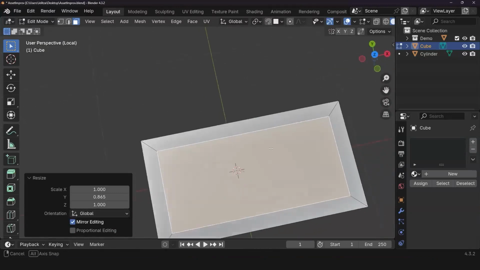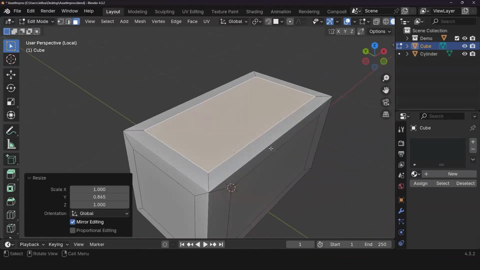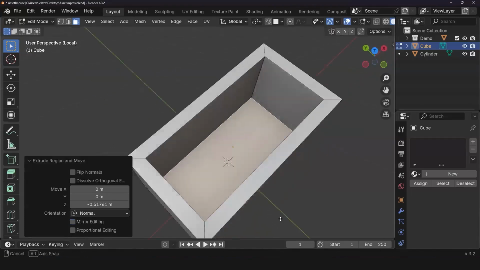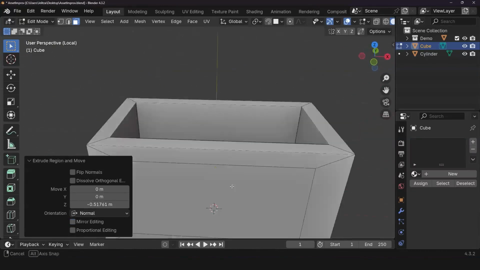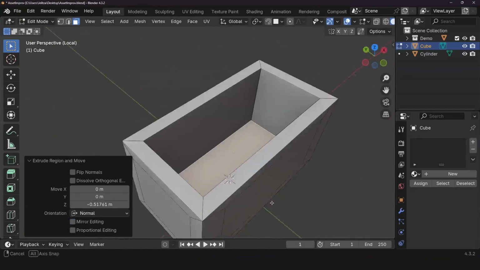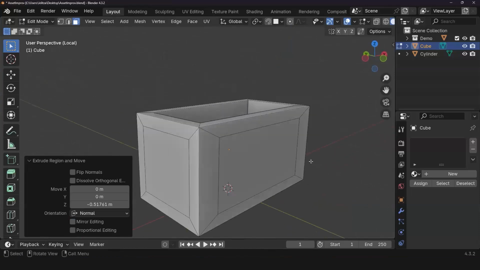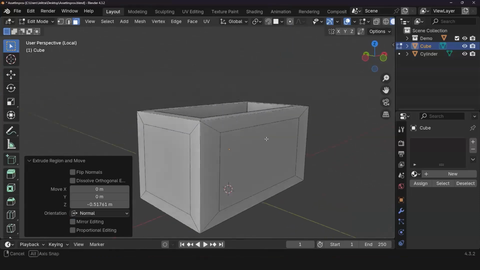So that is pretty solid as well. And now I could press E and extrude down. Now I have the inside of my treasure chest, and I can put all the really cool items that I want in there.